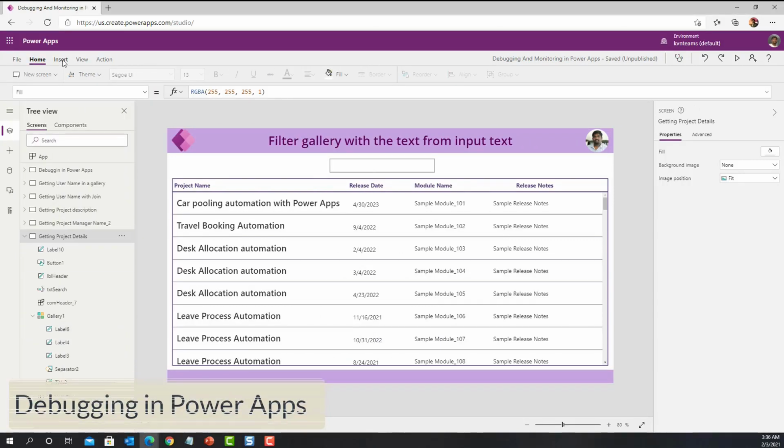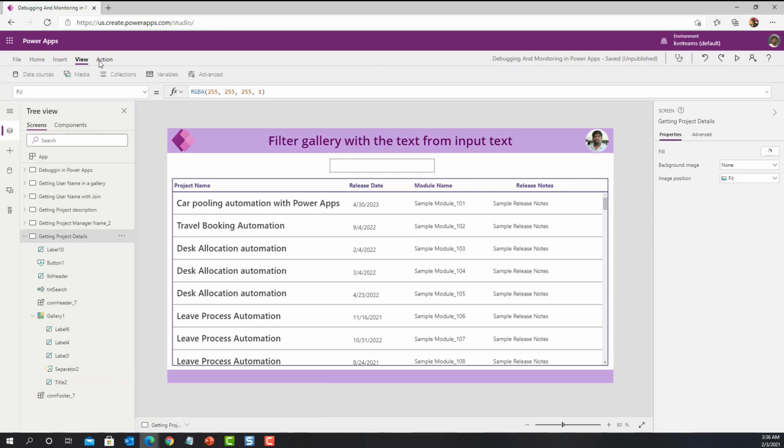If you see in Power Apps Maker Portal, there is no way I can initiate debugging by clicking on any of the options as part of the menu items. Neither can I use any of my functional keys on the keyboard to start the debugging, as the traditional way of debugging in Visual Studio is by clicking on F9. Because Visual Studio is an IDE which runs on top of a desktop, but in case of Power Apps Maker Studio, it runs in browser. When I click on functional keys on my keyboard, it runs against the browser, but it doesn't debug my code as part of my Power App.